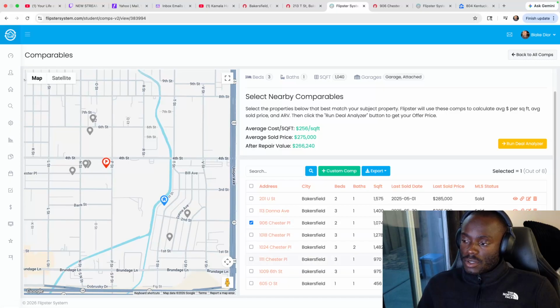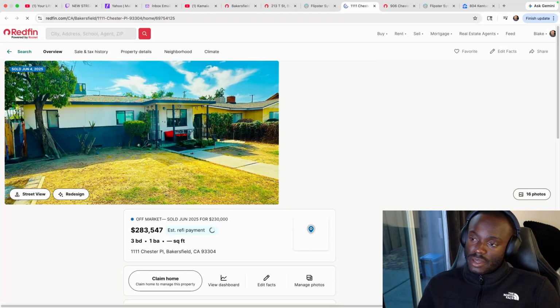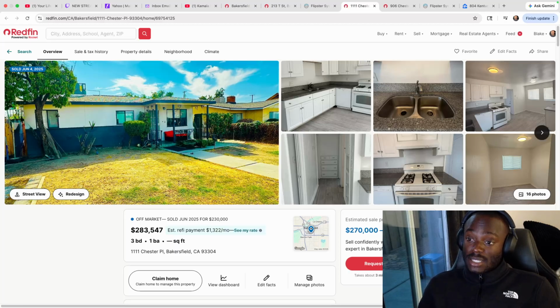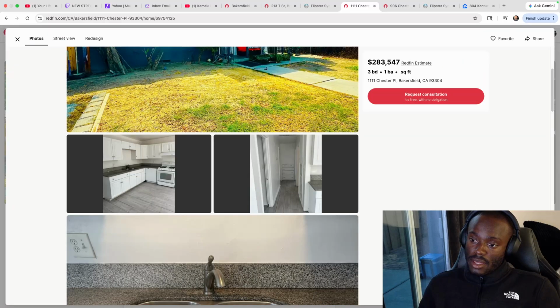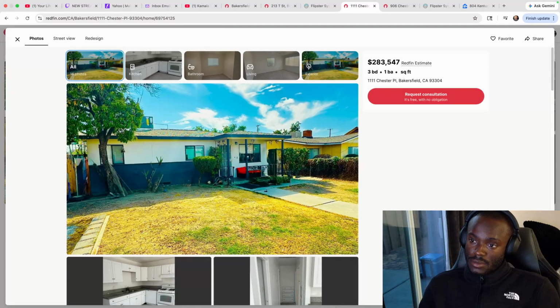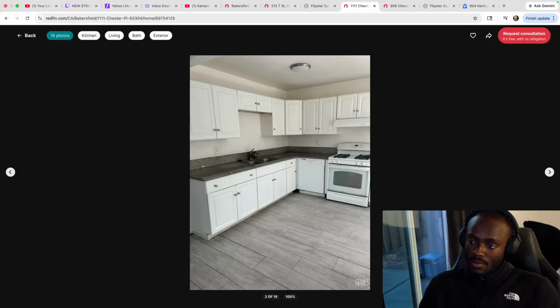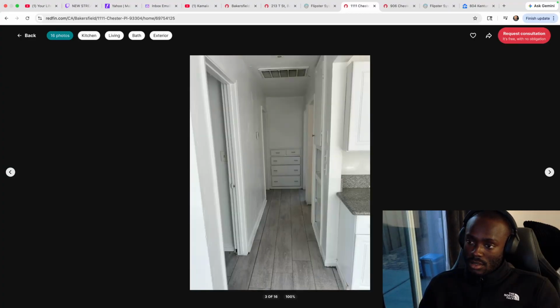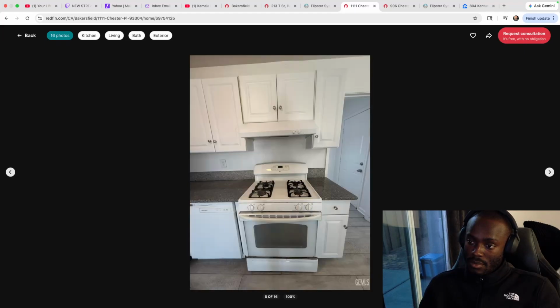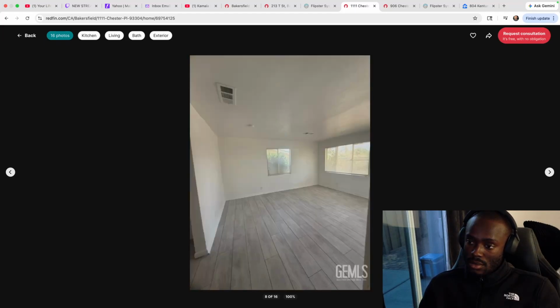I'm gonna look at one more. This one is about 70 square feet less than the subject property. So same thing, hardwood floors in the kitchen, granite countertops, paint, cabinets.